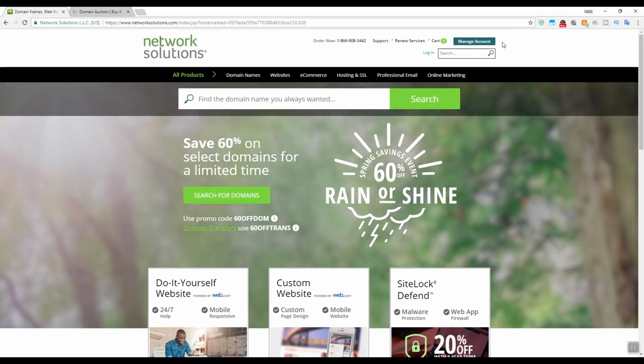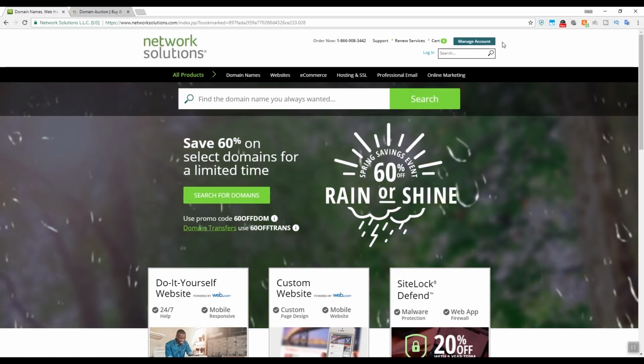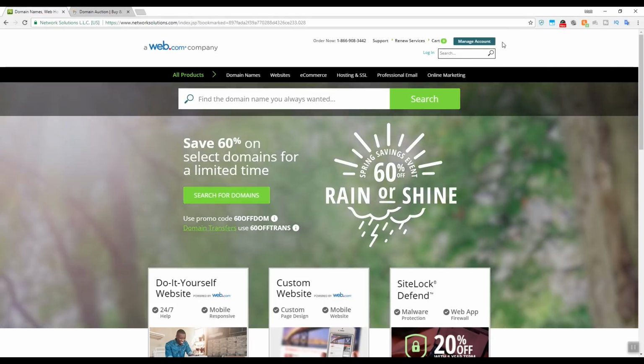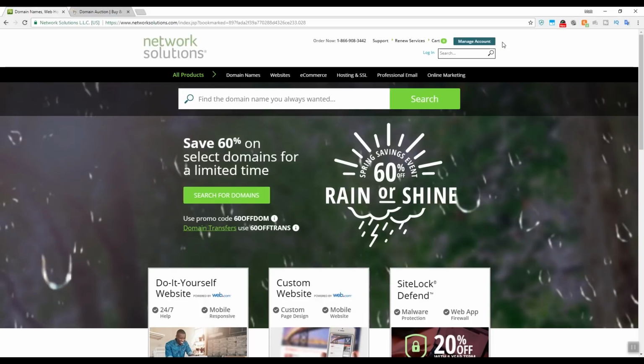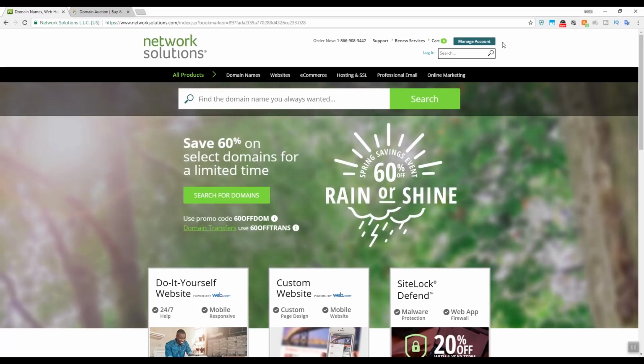So I have a couple of gripes with Network Solutions. One, they're way overpriced. When everybody else in this arena is $10 plus or minus to register a domain, Network Solutions is still in the $35 to $40 range for the same service. Second of all, when you want to transfer a domain away, every other domain registrar that I've dealt with will send you the authorization code